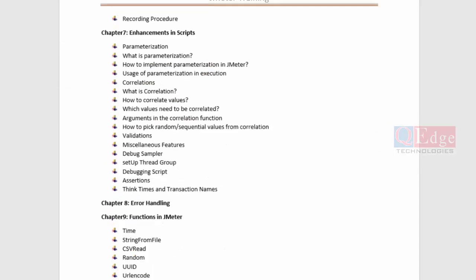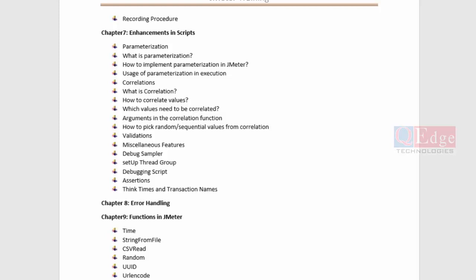When we enhance our script to mimic a real-time load scenario, we keep enhancing it, but no one is sure to what extent the enhancement needs to be done. That is exactly what we teach, and that is the main theme of the course. We'll talk about the various concepts available in the market and in terms of JMeter best practices.